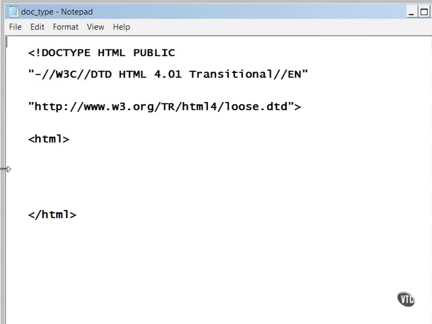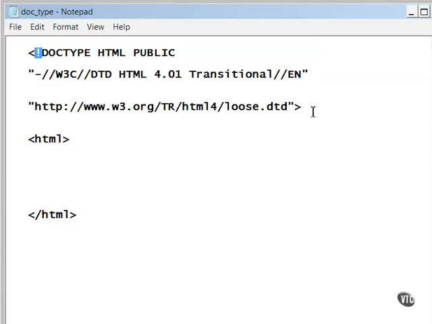So to start an HTML page, type less than, exclamation point, DOCTYPE, HTML PUBLIC, and then this piece of code here in quotation marks, dash, forward slash, W3C, 2 forward slashes, and then DTD, HTML 4.01 Transitional, forward slash, EN, and then close the